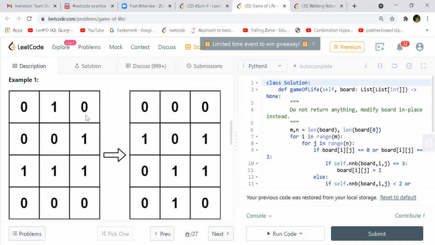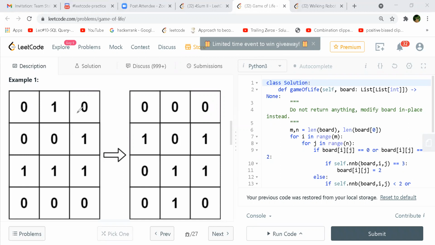So the first one on row 0, you have 1, which is at row 0 and column index 1. That one becomes 0. And the reason why it becomes 0 is that out of its 5 neighbors, it has only one live neighbor, and therefore it dies.